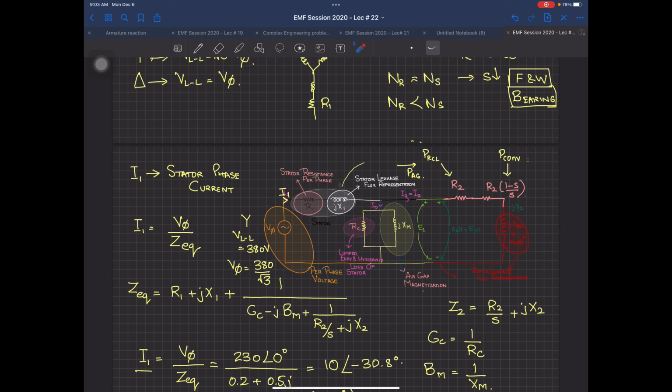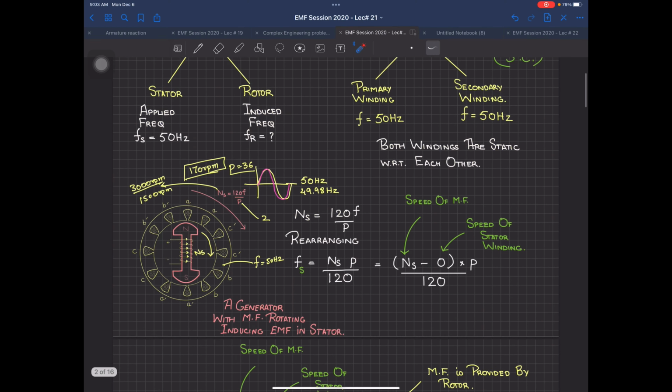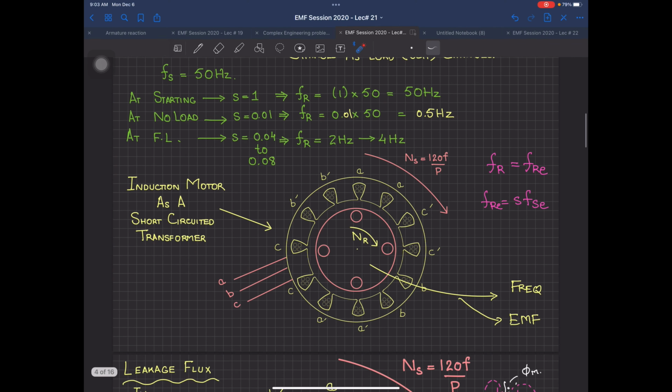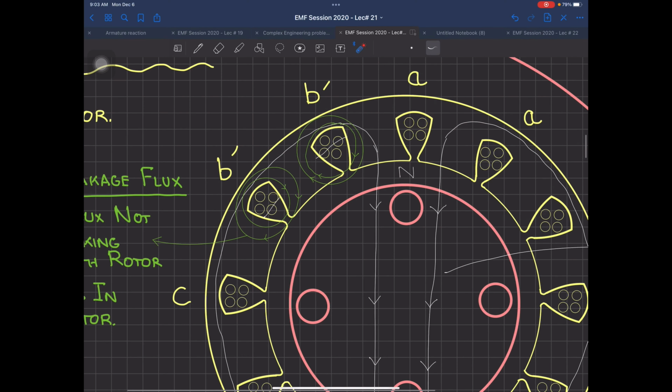Again, sorry, S1? Between X1 and X2, yes, okay. The X1 value for an induction machine is going to be numerically higher. Numerically, jX1, why? I told you that in an induction machine, the leakage flux is happening inside the core. And the stator, if you remember the last lecture, I told you that whenever you have a rotor in front of you, the flux lines, in fact, let me go towards that particular slide. I told you that whenever the flux is there, this flux retains over here.